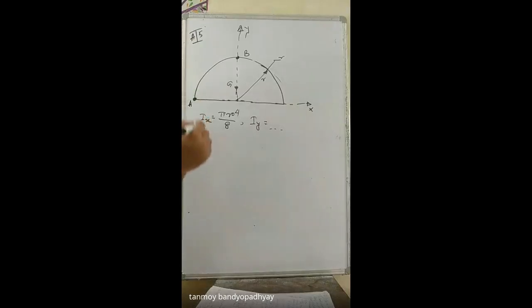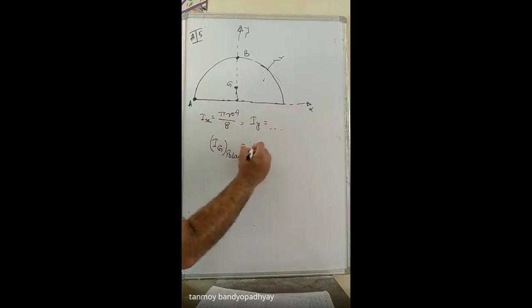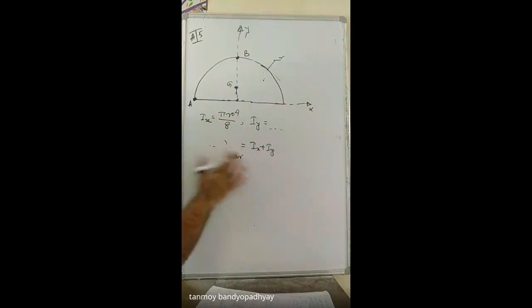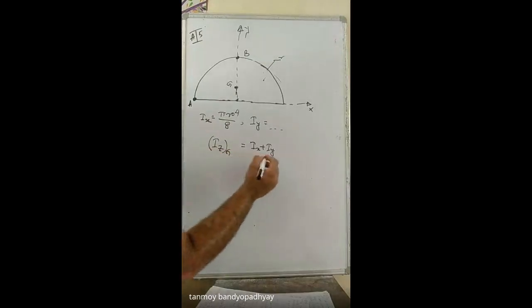And then what you can do is, it asks for the polar moment, Iz. So first calculate the polar moment at the point G. So what is IG polar? That should be equal to Ix plus Iy. IG means Iz actually, the polar moment means you are calculating Iz. Okay? So we are calculating at the point G. That is equal to Ix plus Iy. So just sum up Ix and Iy.